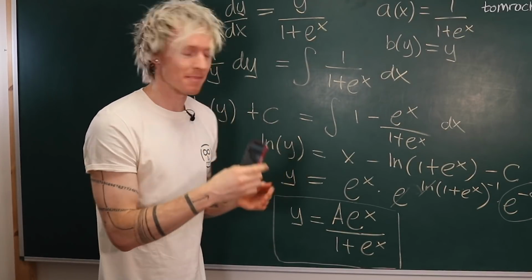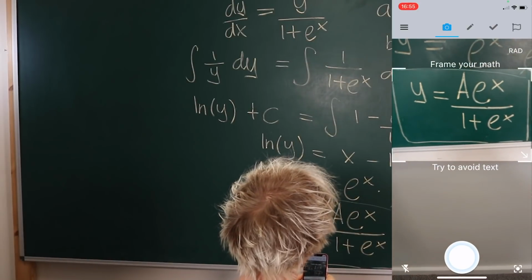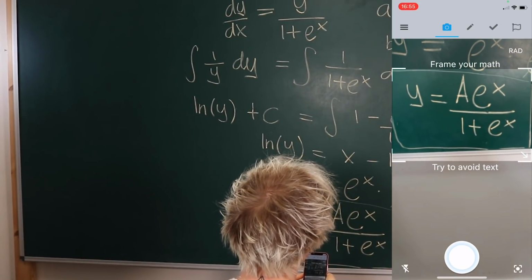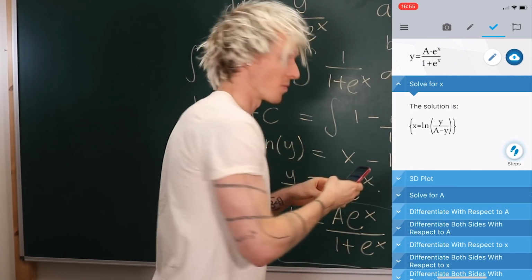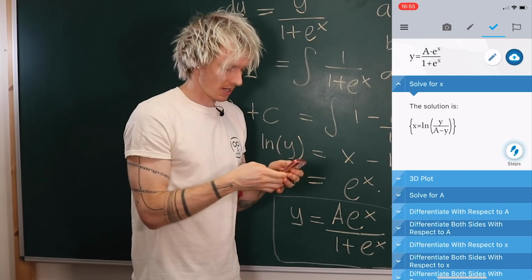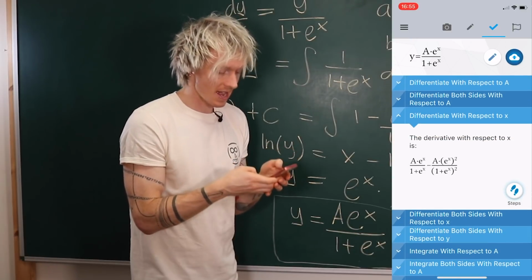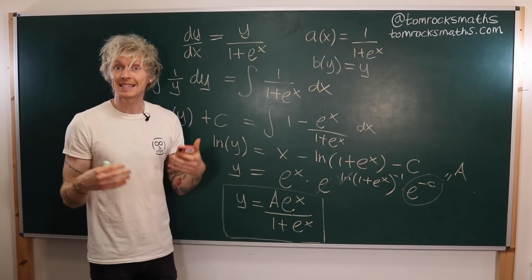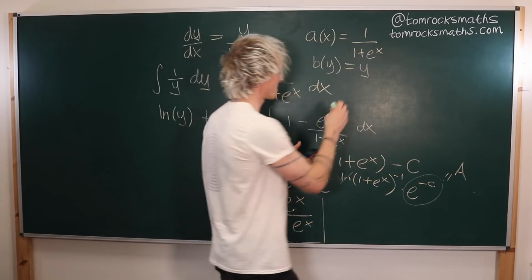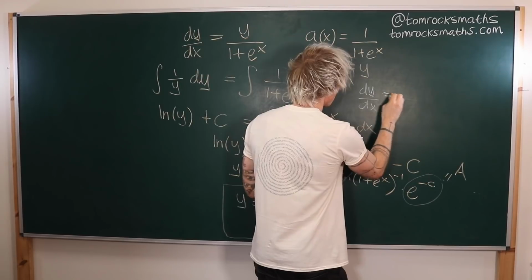I can open up the camera and take a photo of my function at the bottom, y equals a e to the x over 1 plus e to the x. And then within the app, I can click differentiate with respect to x, and it will give me the derivative. From the Maple Calculator app, I can see that the derivative here, dy by dx, is equal